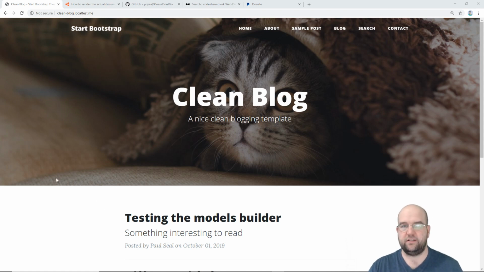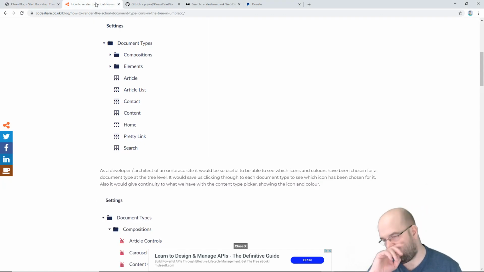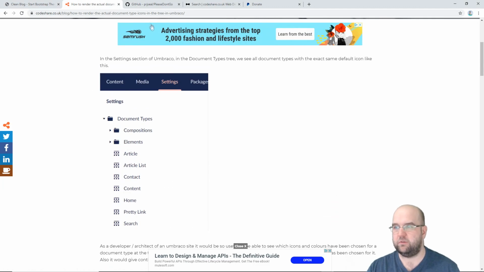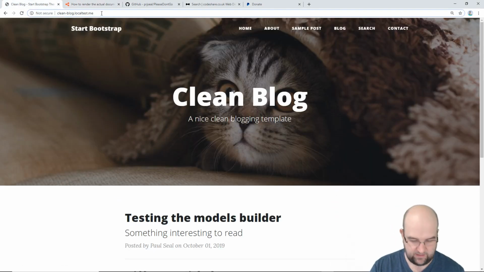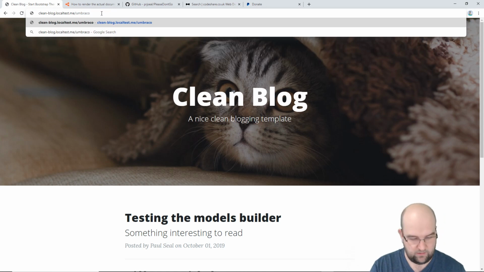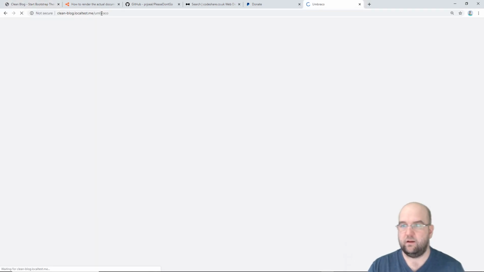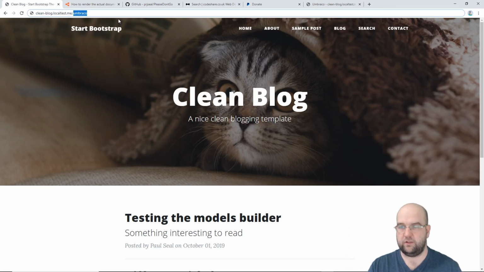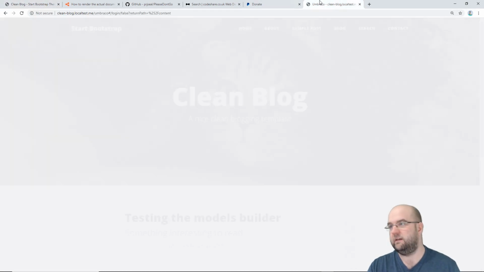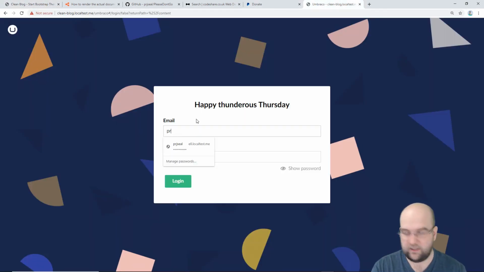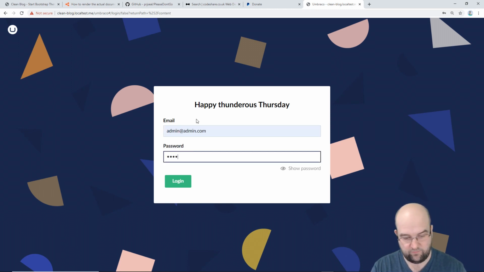So first things first, then, when we're looking at the document types, if we go into the back office here, let's just copy this and do it as a new tab, because I don't want to lose that on the front page anyway. If we go into the back office and I sign in here, so admin admin.com 1 2 3 4 5 6 7 8 9 0,